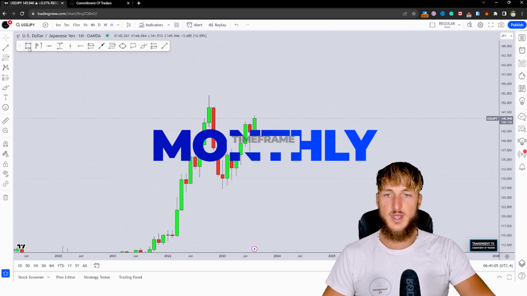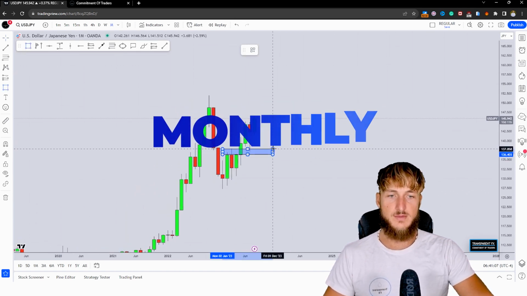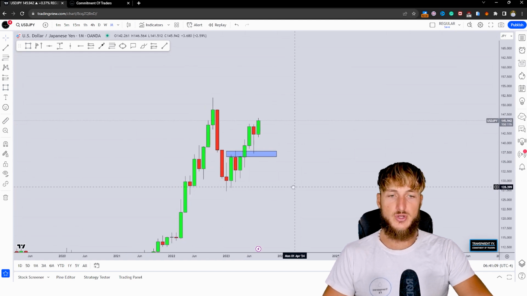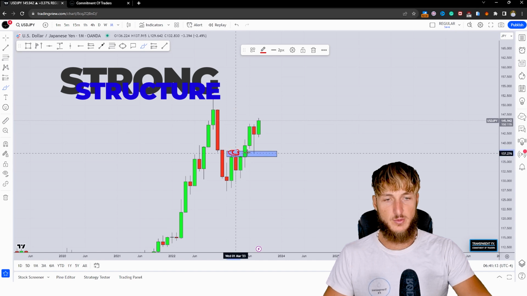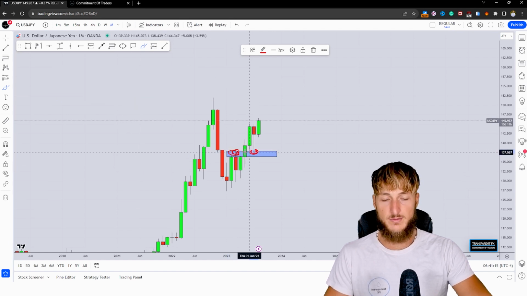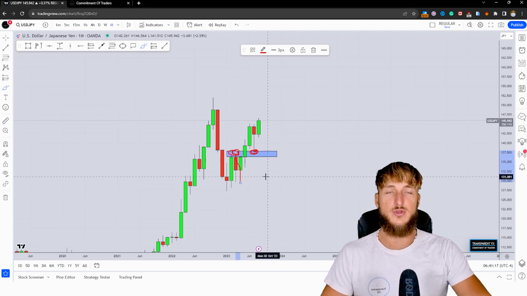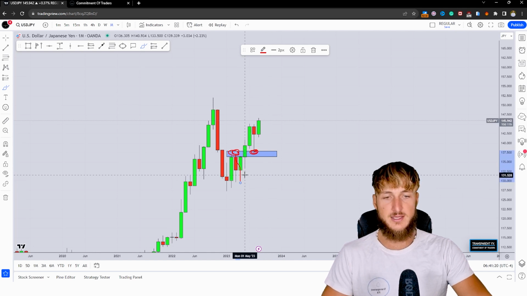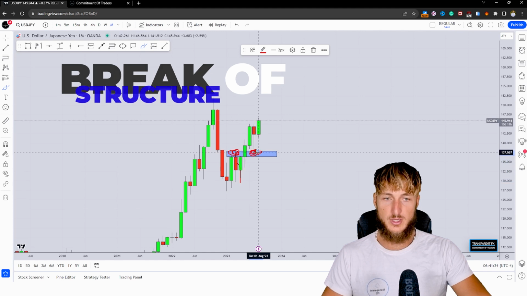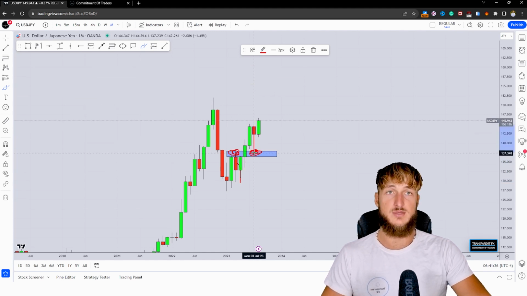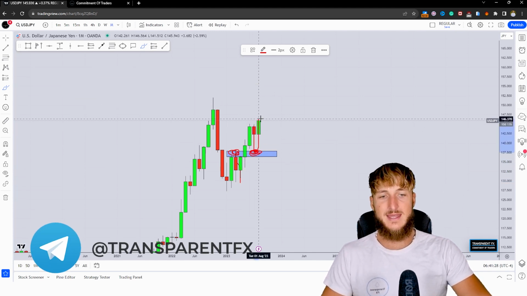Now, starting from the monthly time frame, what we can see is that we have a market which is currently testing a quite strong level of previous monthly resistance that is now turned support. In fact, from here, this previous move to the downside was created. After that, the market broke above that zone and this previous resistance became support. The market has now tested this previous resistance turned support and started rejecting it to the upside, exactly as we